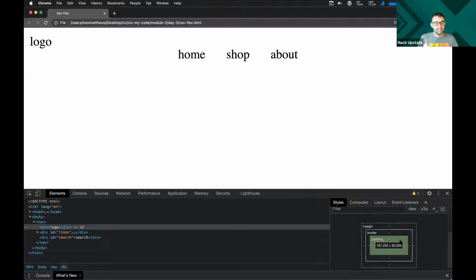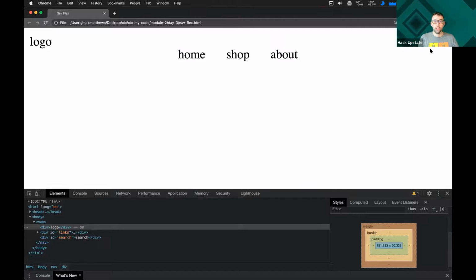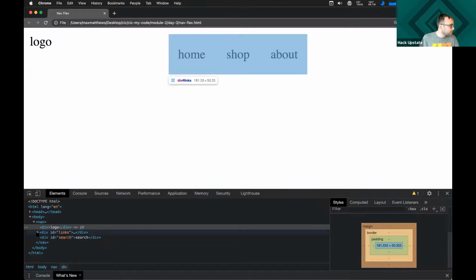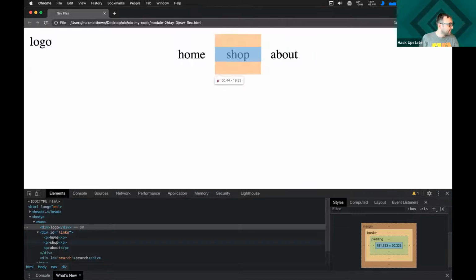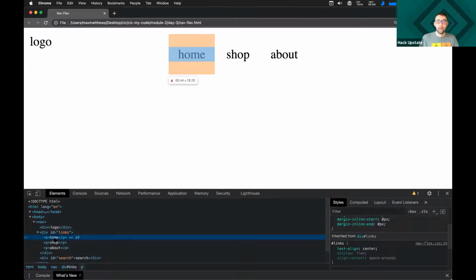So flex isn't the problem here. It's actually something else that's causing it, because we're flexing logo and search, and those are showing up fine. And we're flexing home, shop, and about, and all of a sudden they came in from somewhere else. So Susan, you've got it right. That padding is coming in. So in order to find that padding, I'm going to click on the little arrow next to links and click on home. And you notice that